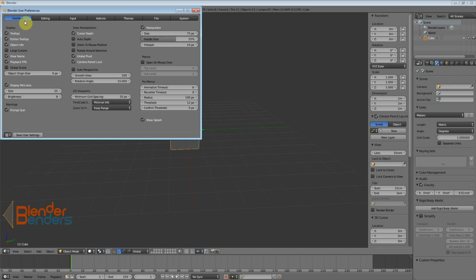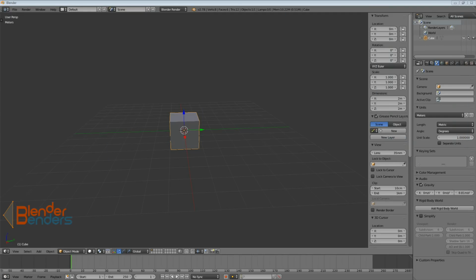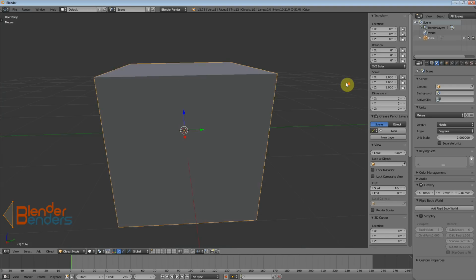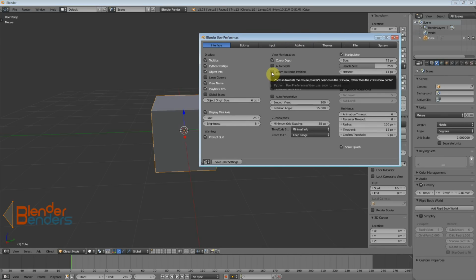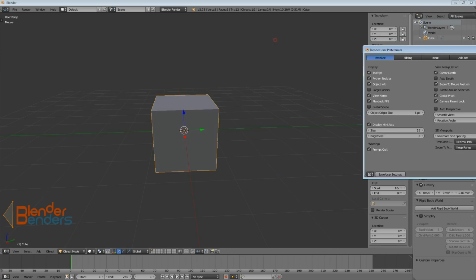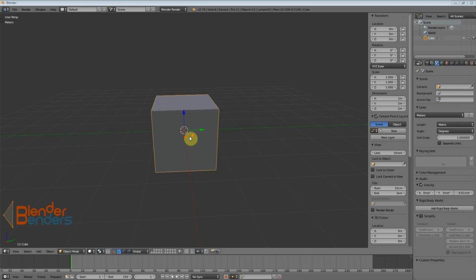and we'll just go through a few of these. Most of these we'll leave alone. So I'll just have a quick look here and see what we should be having on. This one here I find very useful: zoom to mouse position. If in Blender I use a scroll wheel, I can scroll in and out. If my mouse is over here and I scroll in and out, it still scrolls in and out to the focused object. Okay, so if I use zoom to mouse position,